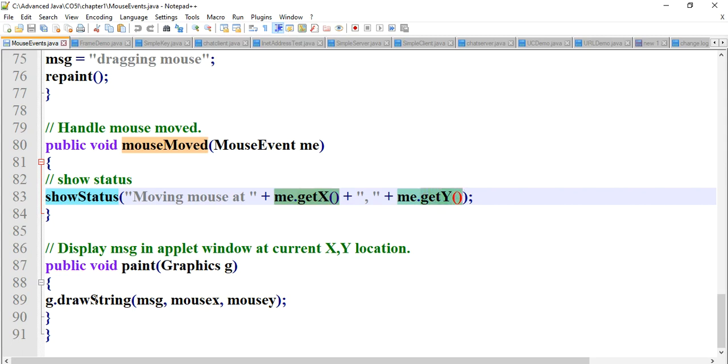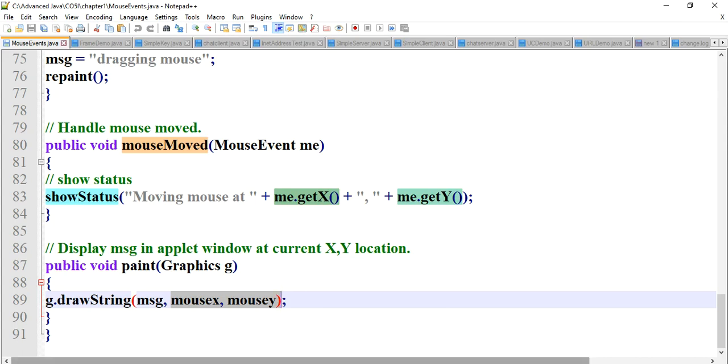In paint, all these messages are displayed using drawString at the given X and Y position.